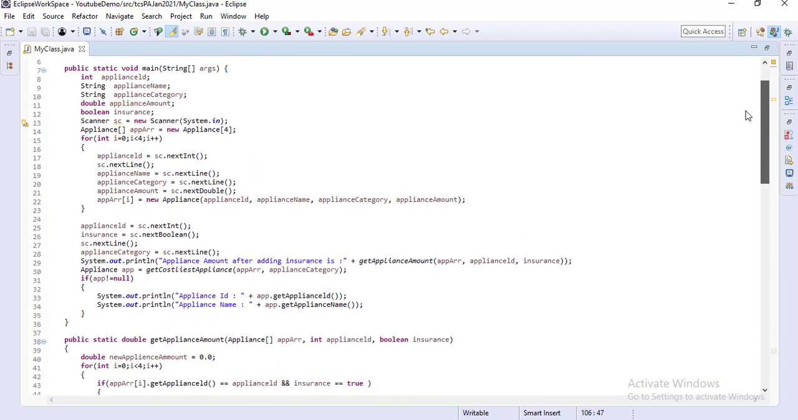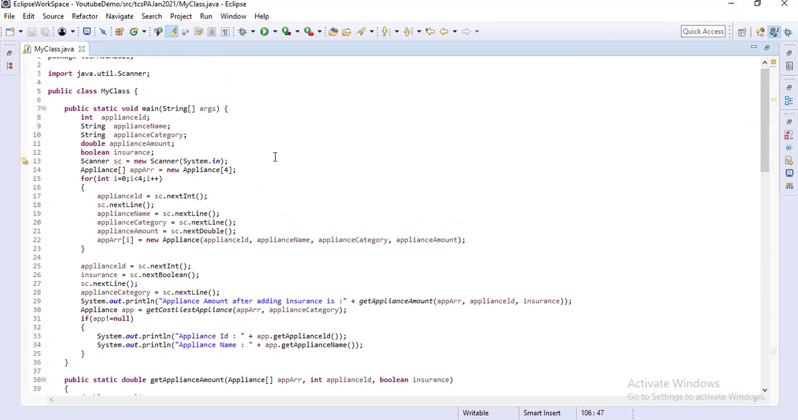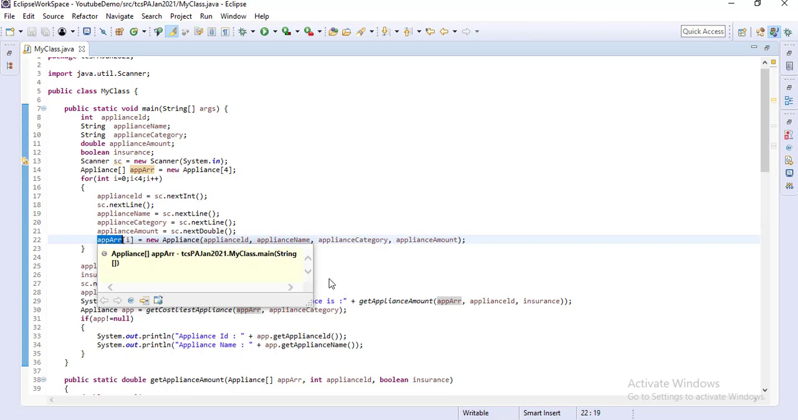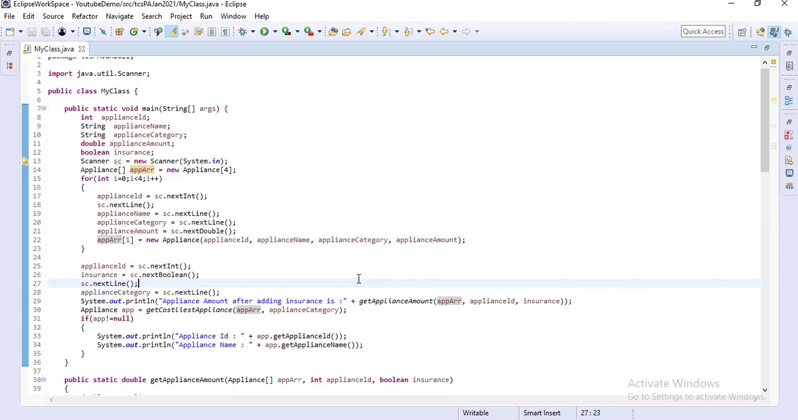Then I have read another 3 values from the console, that is the appliance ID, insurance and the appliance category, and we are passing these values as parameters while calling these two methods. Inside these two methods, the first method will calculate the appliance amount. It checks whatever ID we are passing, if it matches the ID and the insurance is true,